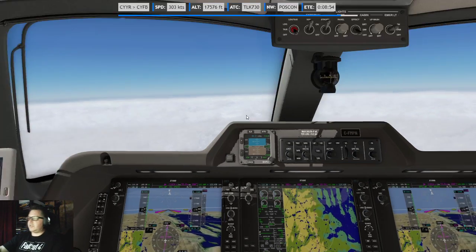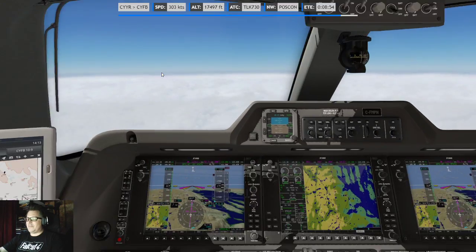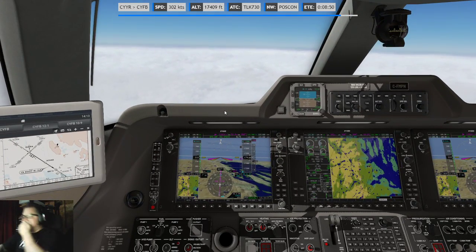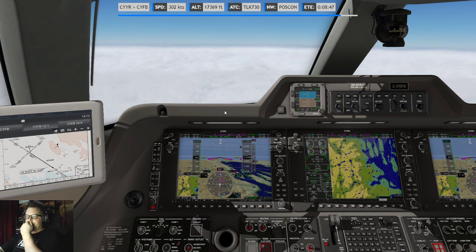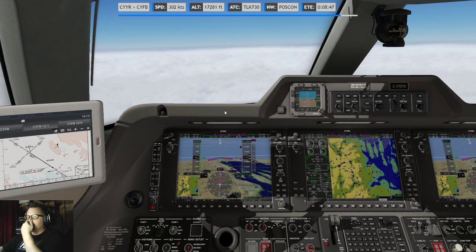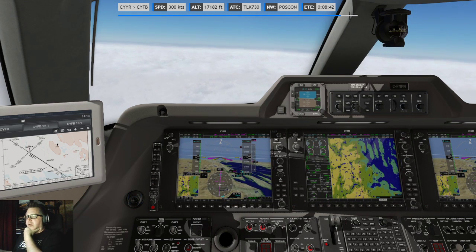Alright, before things get too hectic, I'm going to turn on the landing lights. Frames are taking a crapper. Alright, let's put on some speed brakes to get it to 210.